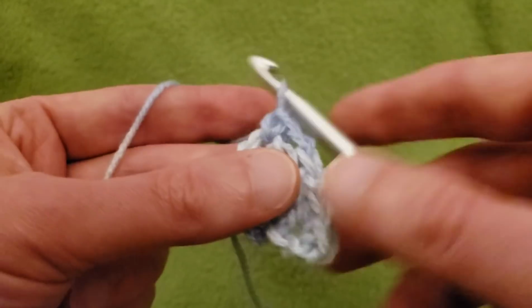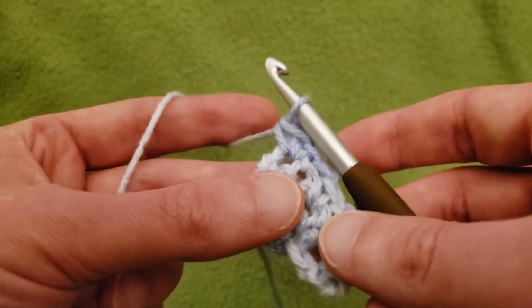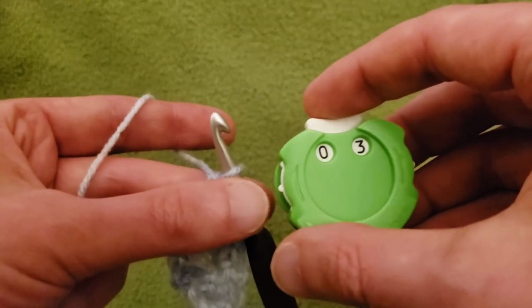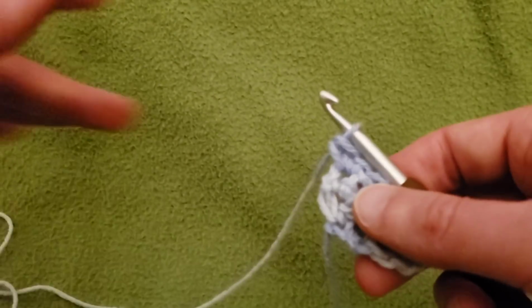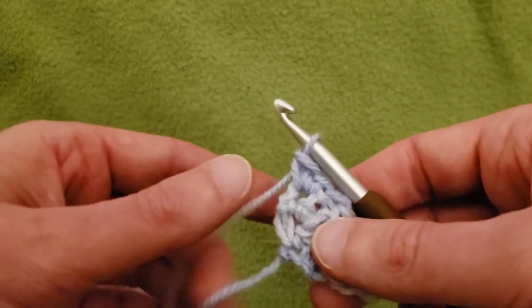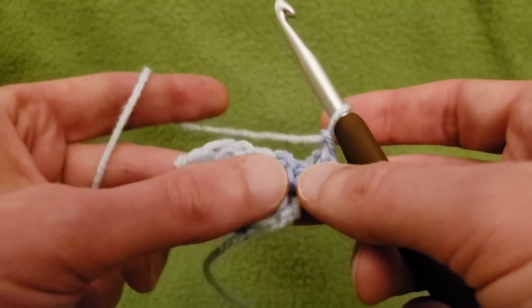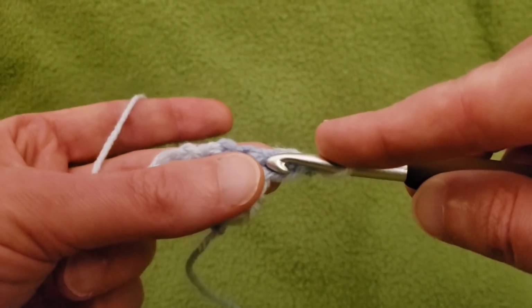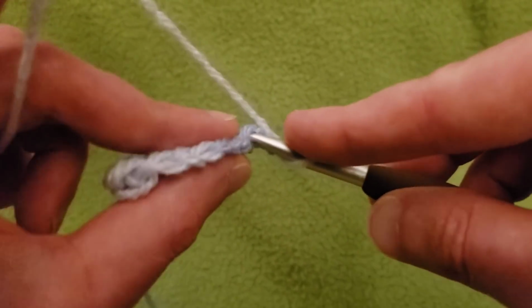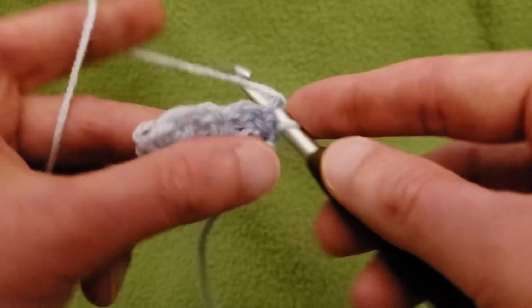So we've got 1 and 2. Okay, then for row 4, which is the repeat row for pretty much the rest of the entire project, chain up 1, turn the work into the first single crochet stitch, 2 single crochet stitches,